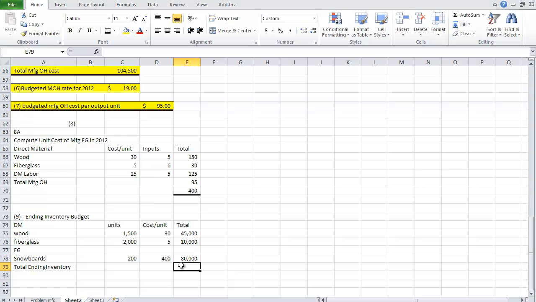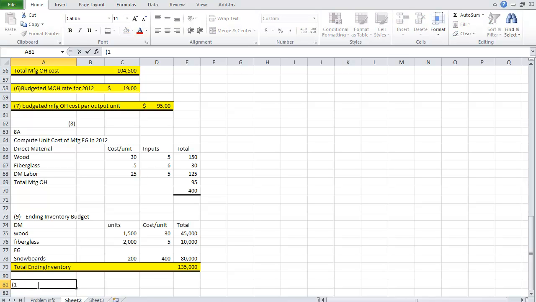And our ending, we're going to add these up, and that's what would sit on our balance sheet. That's what we're projecting sits on our balance sheet. So this should take care of the ending inventory dollars. We are getting there. In the text, we know that the next thing it asks us to do is